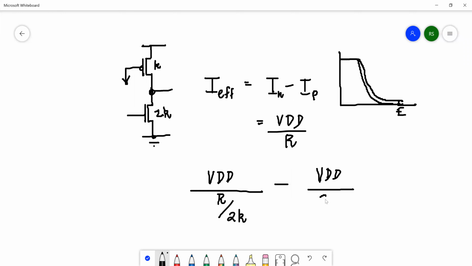This transistor resistance is 2R by K, not R by K, because the per unit resistance of this is already 2R and the size is K. So 2R by K. And this should be equal to VDD by R. And now we can cancel off all the VDDs and all the R's. So what we are left with is